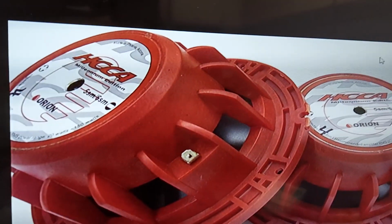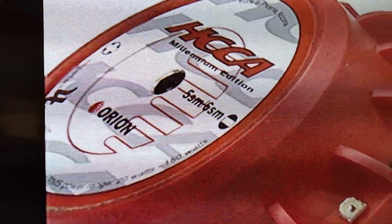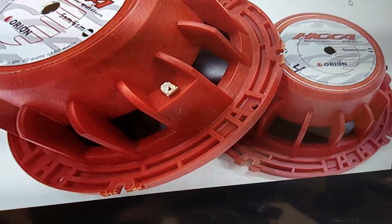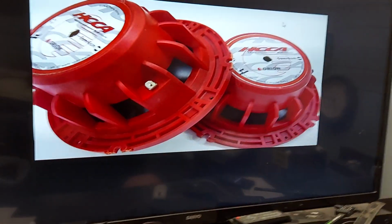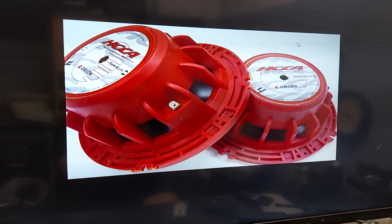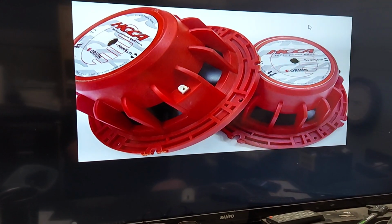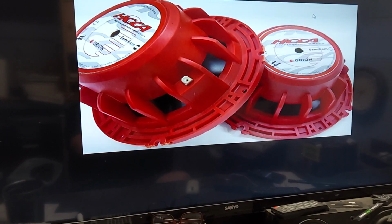Orion HCCA Millennium Edition. So that's a good shot right there. Somebody wanted me to tell the story on these. So the story that I heard was these were meant to come out, of course, for the Millennium. The MSRP was supposed to be like $2,000, and you were supposed to get like a,